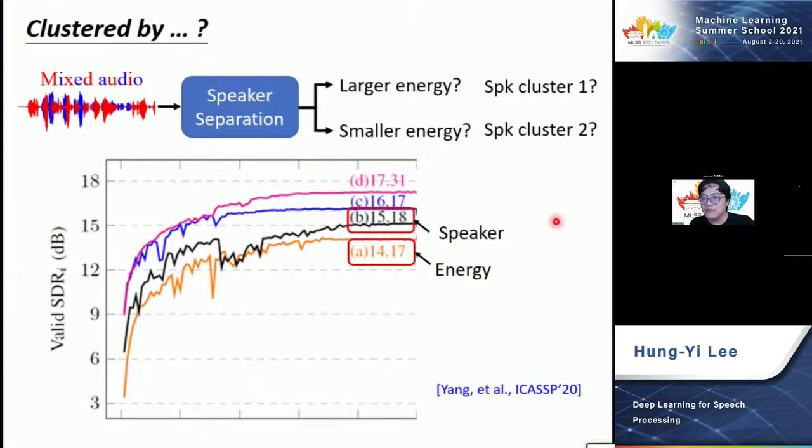Okay, here we have a question I missed. Can the problem of permutation be solved by using all possible permutations as labels? The answer is no. You can try that, but I believe it will not work, because if you put all the permutations as the output, then you ask your decoder to output two different signals, given the same input mixture, you have to output two